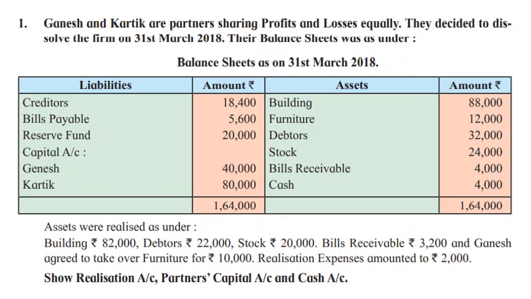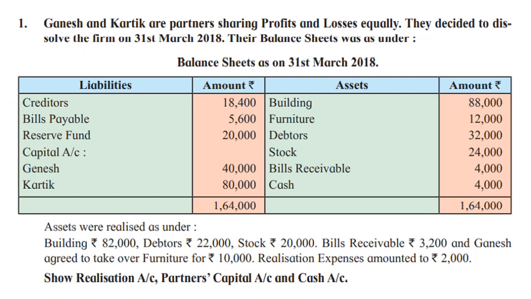Ganesh and Karthik are partners sharing profit and losses equally. Underline the profit and losses equally. They decided to dissolve the firm on 31st March 2018. Their balance sheet was as under: liability side, creditors 18,400, bills payable 5,600, reserve fund 20,000, capital account Ganesh 40,000, Karthik 80,000, asset side, building 88,000, furniture 12,000, debtors 32,000, stock 24,000, bills receivable 4,000, cash 4,000, total is